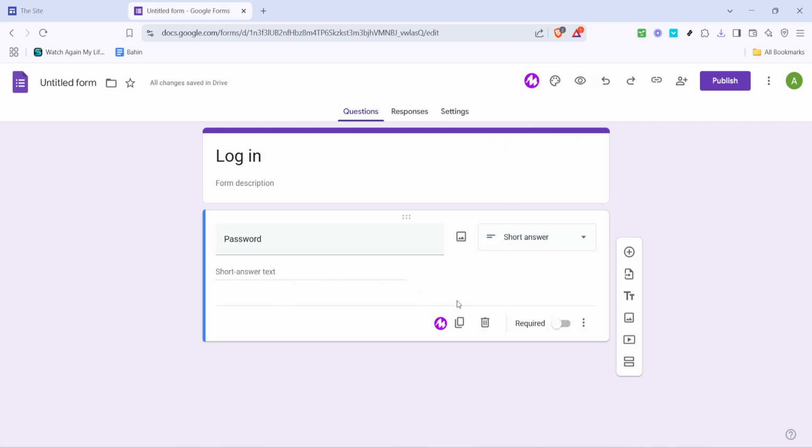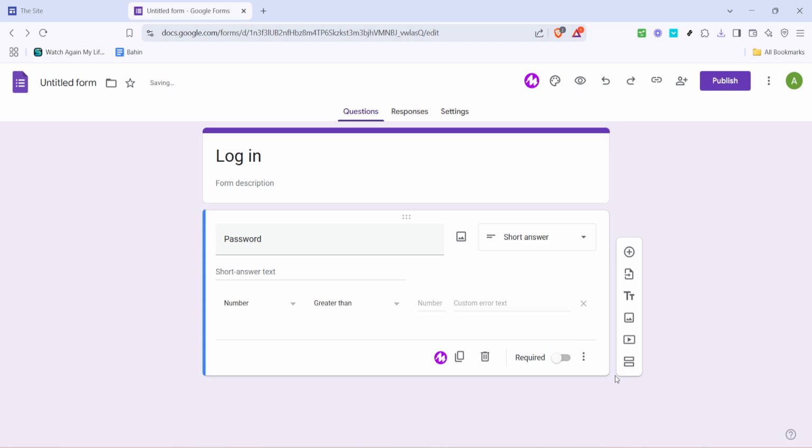Next, look for the three-dot menu in the question field and select Response Validation. This feature allows you to set criteria that the password input needs to meet, enhancing security. Make sure to toggle the Required option. By doing this, the form cannot be submitted unless that field is filled in, which is crucial for a login